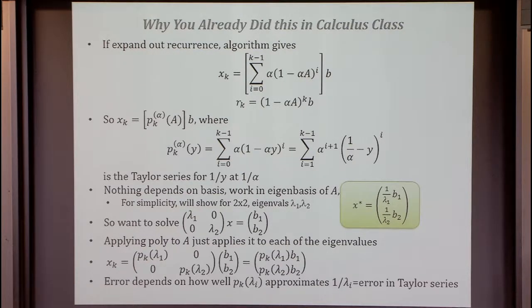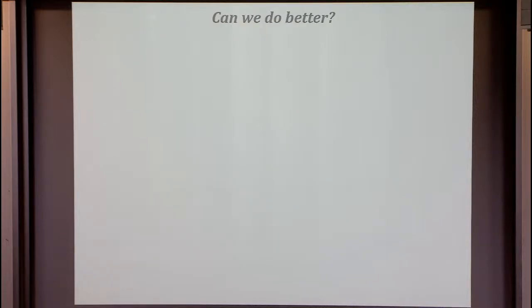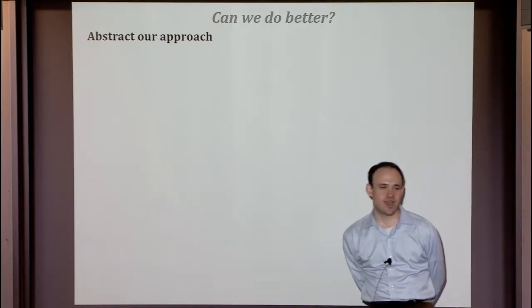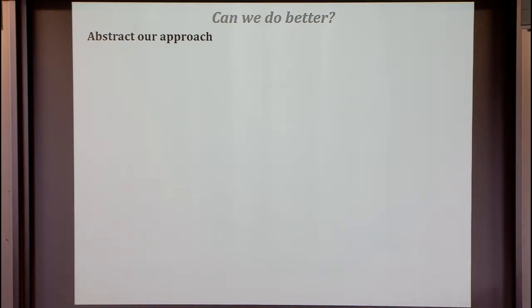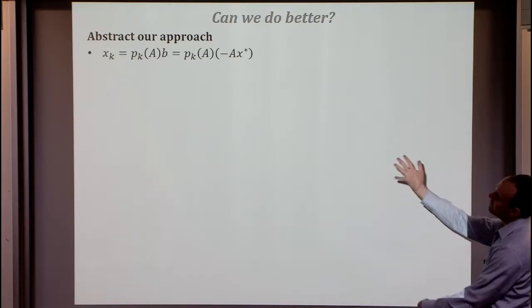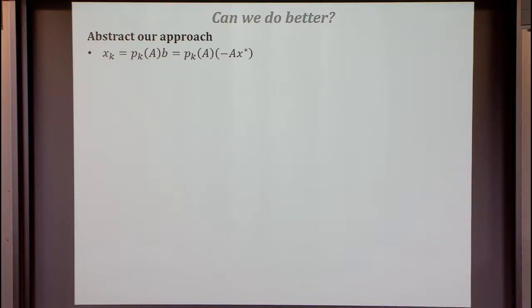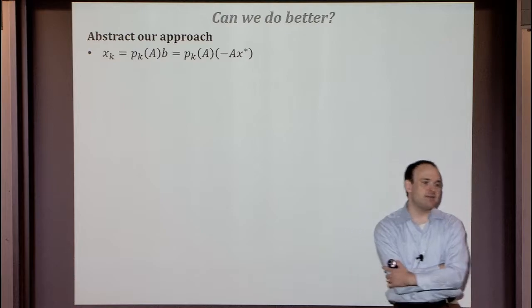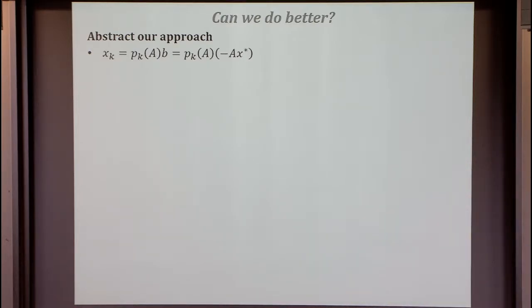Okay, so now what? I've asserted that we're going to do better than this, and the question is how? How can we hope to do better than the Taylor series? What we're going to do is first just abstract our approach, and I kind of already said it. The approach I just described was to apply polynomials to the matrix, so let's just write it using only polynomials. This is really just to see what we're going to do moving forward, which is to find better polynomials than the Taylor series. I'm just going to write out what we're doing so that we see what the properties are that we're trying to get.